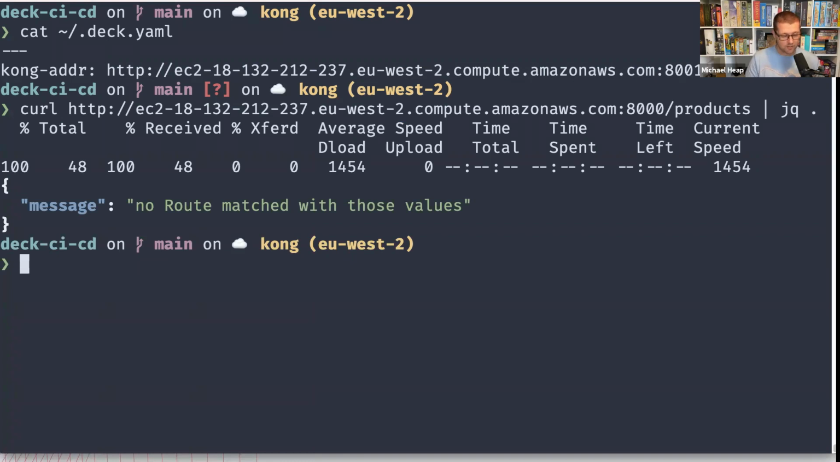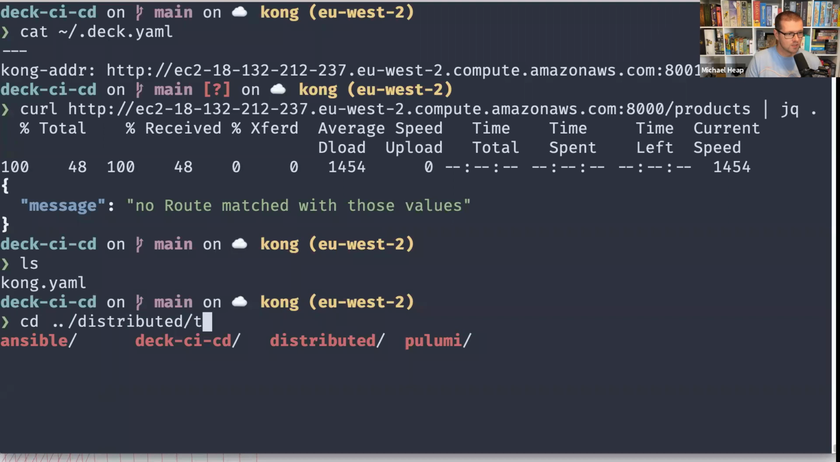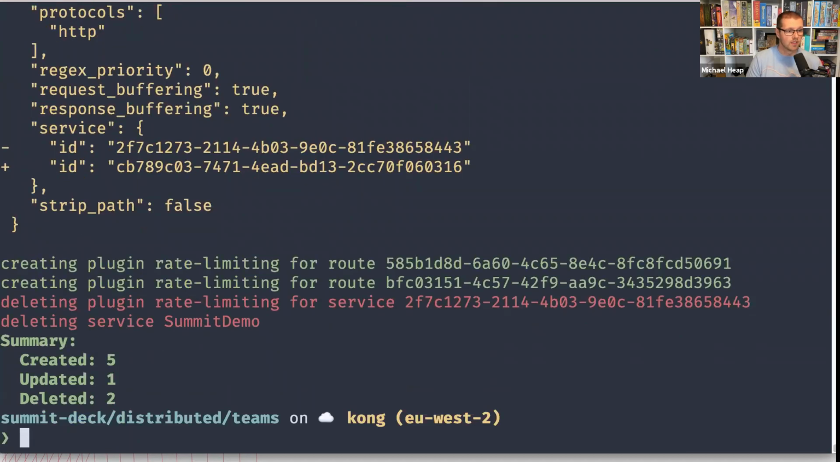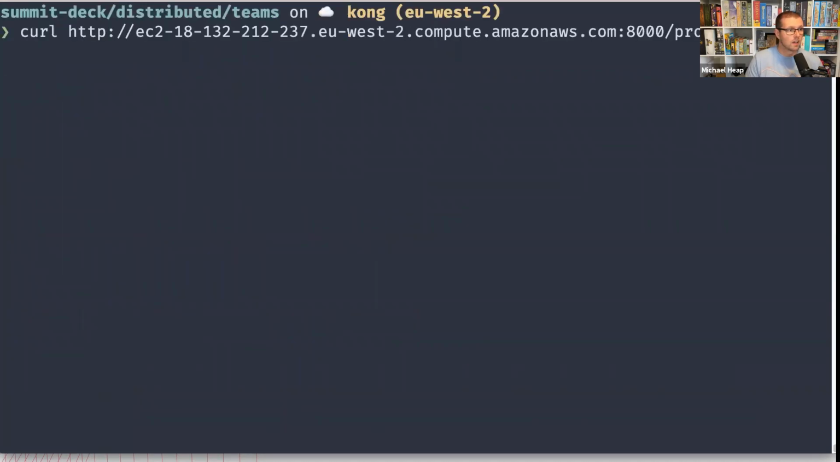That's fine. Let's go ahead and apply this distributed configuration. I'll show you how to do that, then I'll show you what the endpoint returns. So the way that it works with decK is you run decK sync, and by default, it will just look for kong.yaml. But if you pass in the -s flag, you can pass in multiple files. If I run that, I should be able to